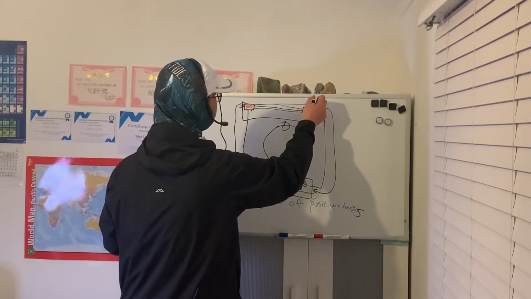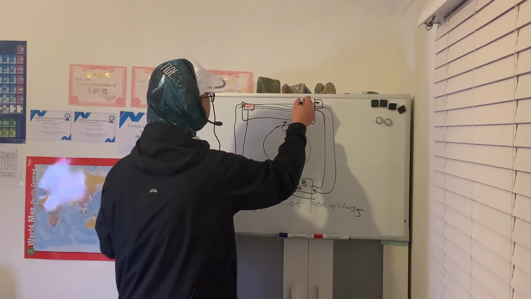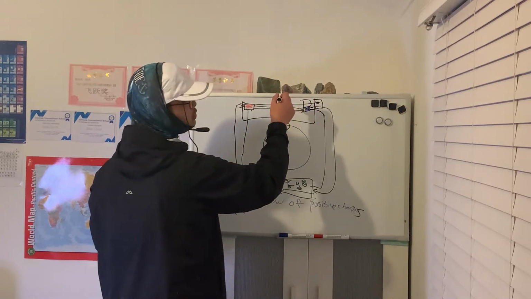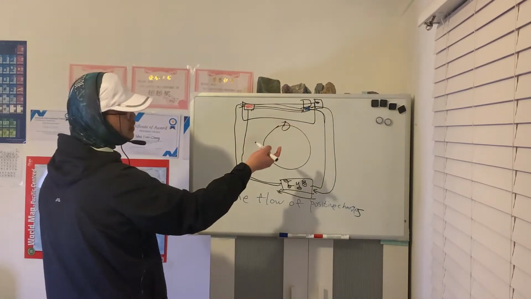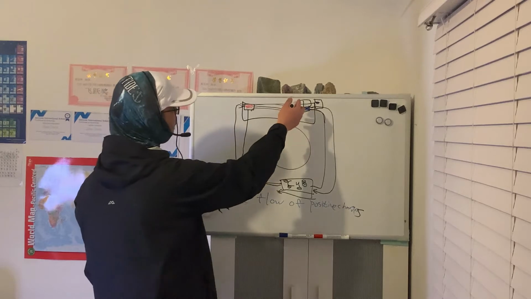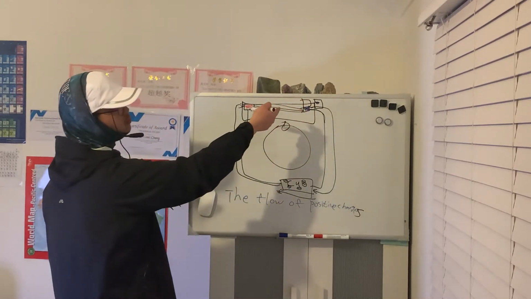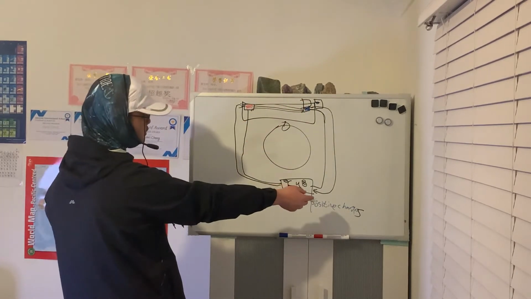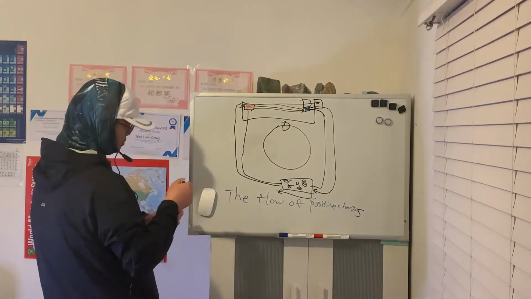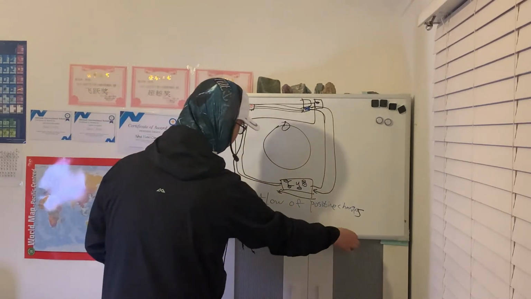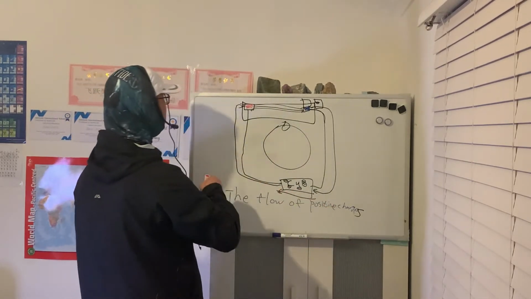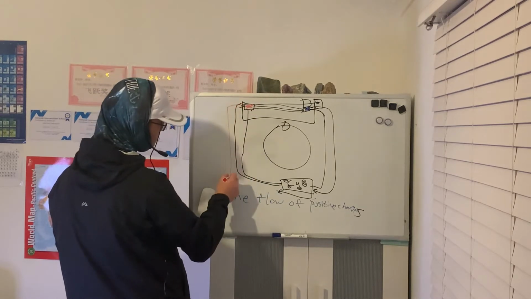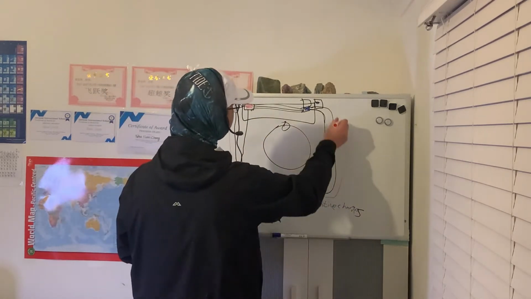So this bit takes negative charge, this bit positive charge. Isn't it correct? So you can say the flow of electrons is also the flow of positive charge. The flow of positive charge is going to come out from the positive end, across the whole circuit, back to